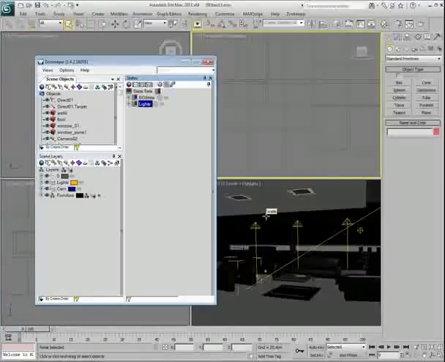Another great way to work with state sets is to set up different camera and rendering setups. Frequently I'll have 3